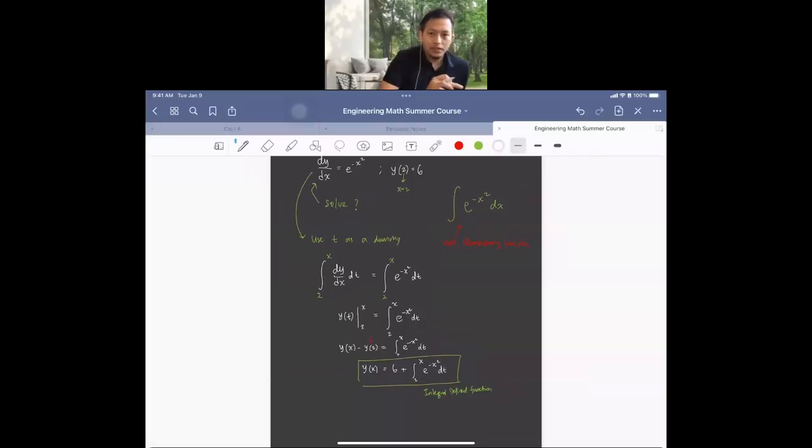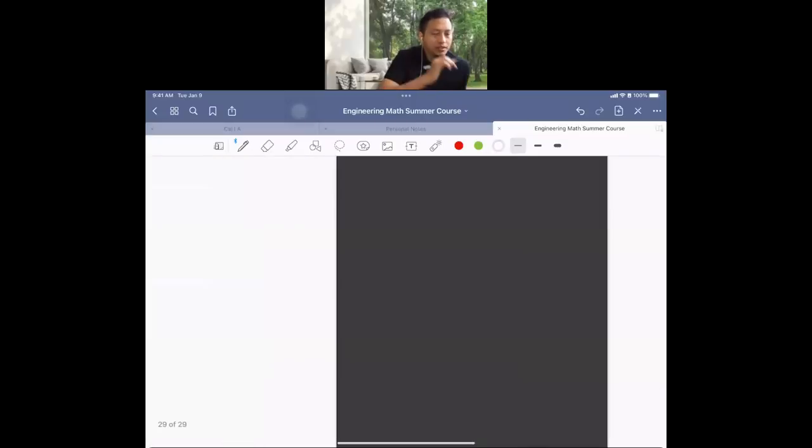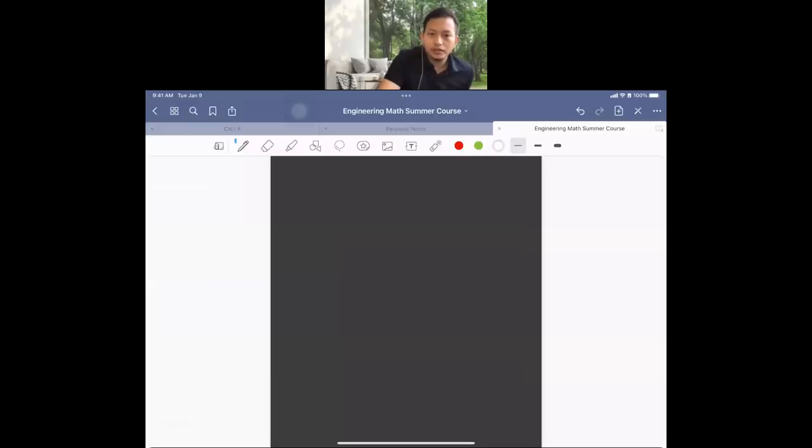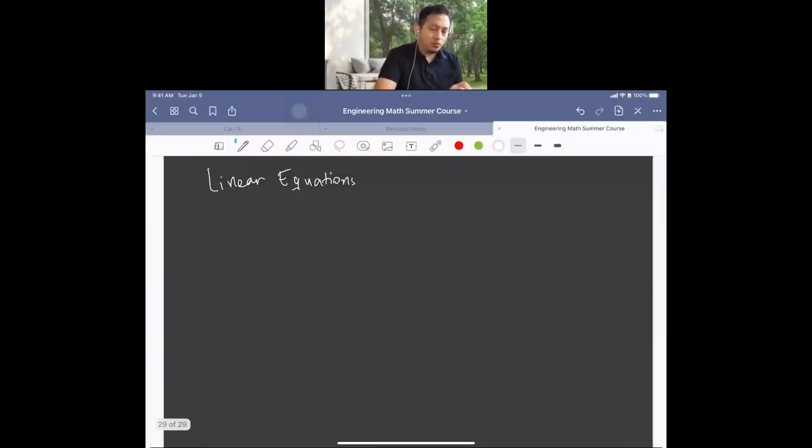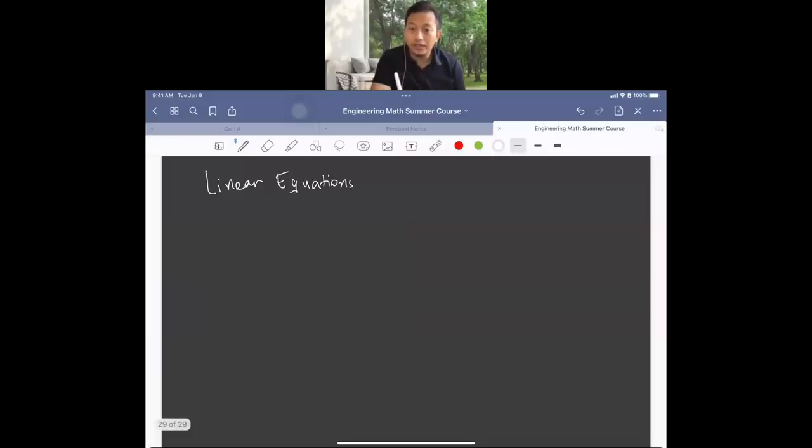Okay, now the next one is we are going to move on to linear equations. From what we have done last Wednesday, I hope you have an idea of at least what is linear and what is non-linear. Okay? Linear means it's linear in terms of, remember, because in differential equations, we are having y as our